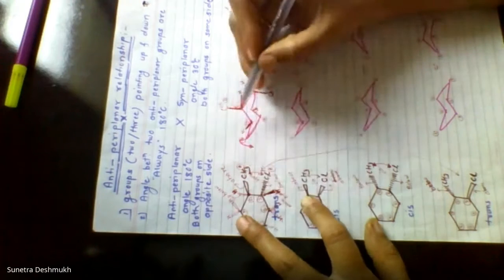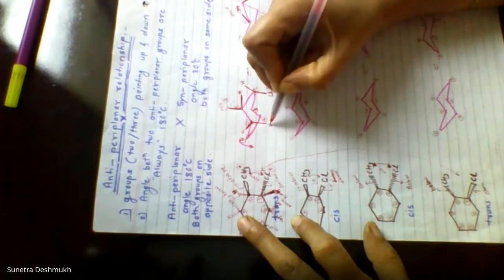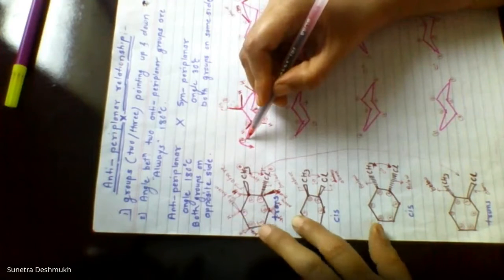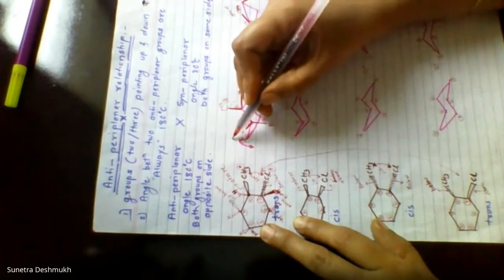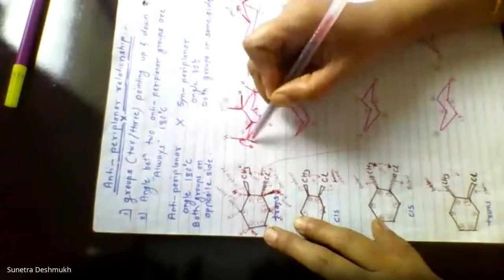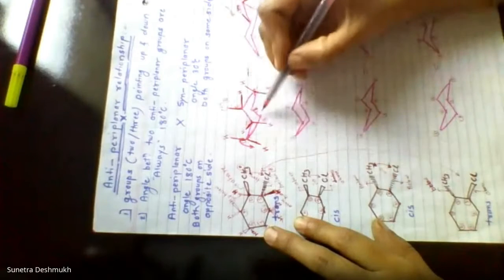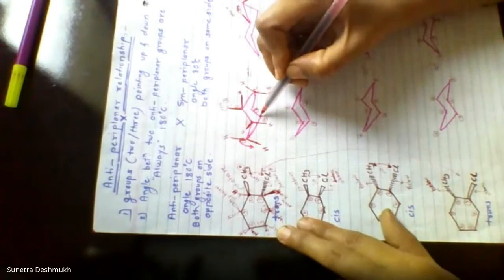Have to draw parallel to this line, hydrogen over here. Now hydrogen below the plane I will draw, hydrogen below the plane over here. At the fourth position I will come above the plane, so it's obvious it will point above the plane. Below the plane hydrogen, so it will be equatorial below the plane.